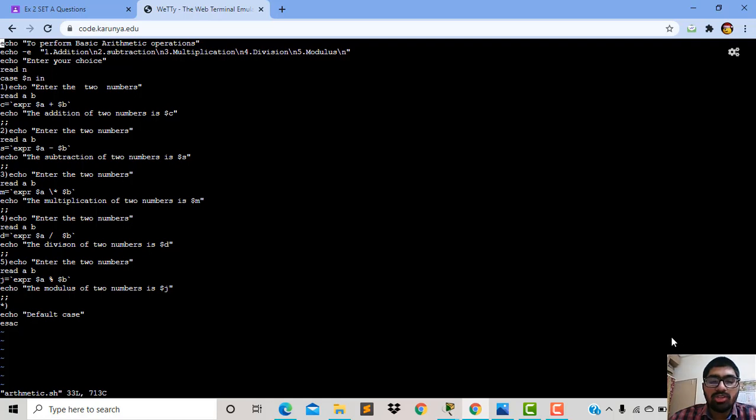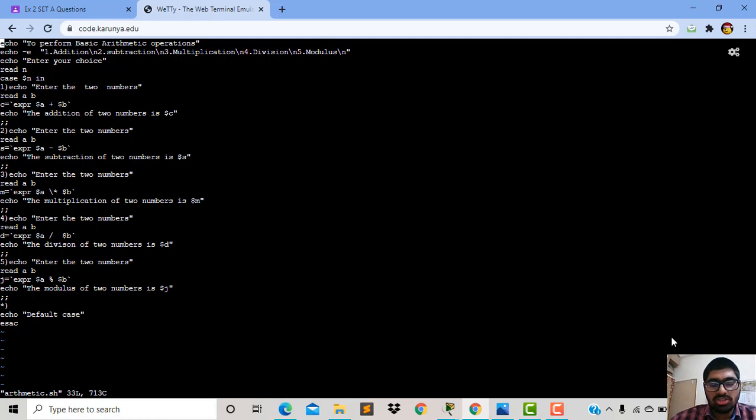To perform the addition, the symbol is the plus symbol: c equal to expr $a + $b. Then echo the addition of two numbers is $c. The sum is stored in c, so I typed $c to print it.